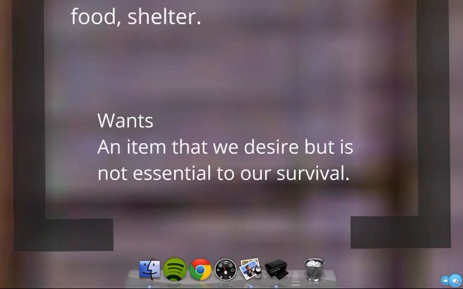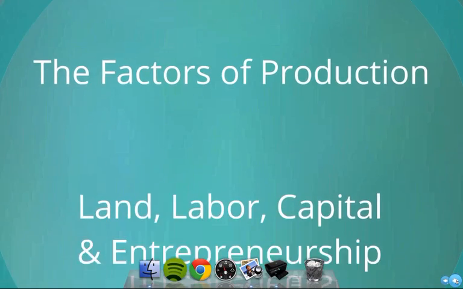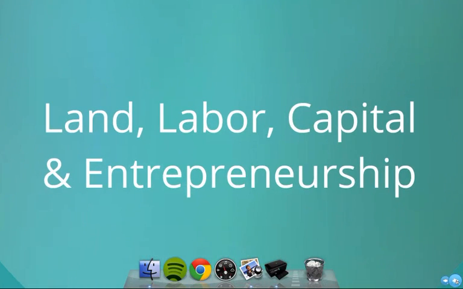As I mentioned at the beginning of this web lecture, we're going to be mostly focusing here on the ideas of the factors of production. When you start your business for class, this is something that you will consider very specifically. There are 4 factors of production. Those factors are land, labor, capital, and entrepreneurship.